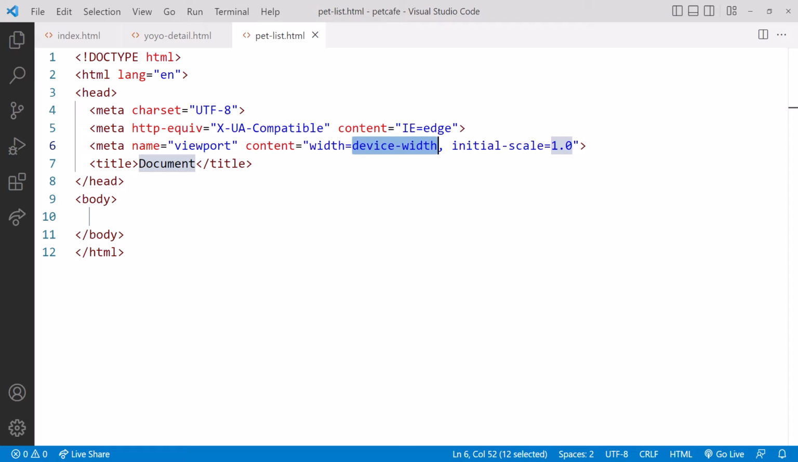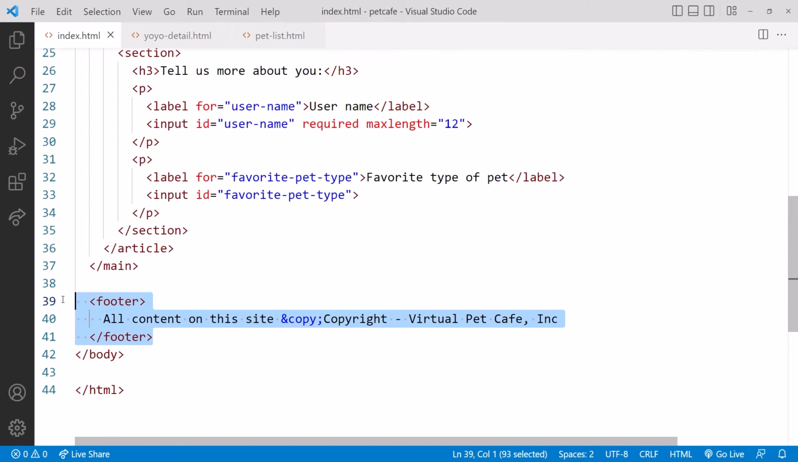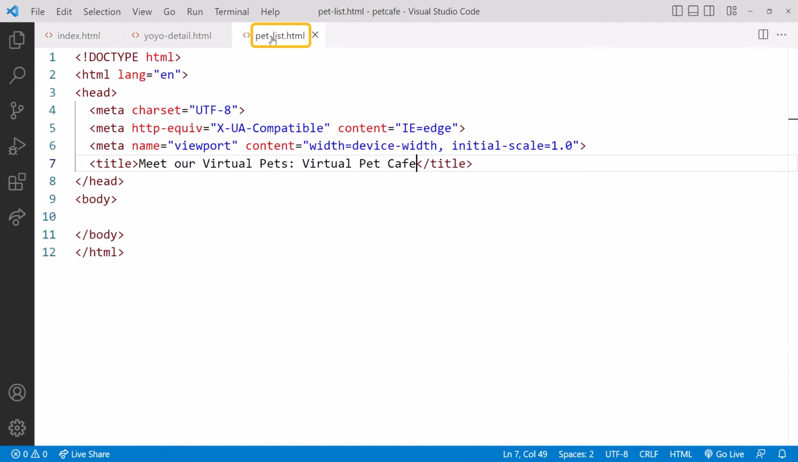Following our convention for descriptive titles, we'll set the title of this page to a description of the page, Meet Our Virtual Pets, a colon, and our website name, Virtual Pet Cafe. We also want each of our pages to have a copyright notice, so let's copy it from our home page. Click on index.html, copy the footer element with its contents, click back on pet-list.html, and paste it just above the